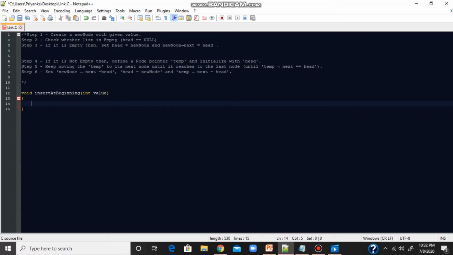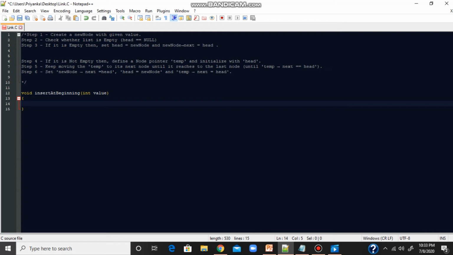Taking the various operations with the circularly linked list, we'll be taking an example with insertion of a node at the beginning. We have seen similar operations of insertion and deletion with the singly linked list in the previous episodes. Let's understand the insertion at the beginning for the circularly linked list.